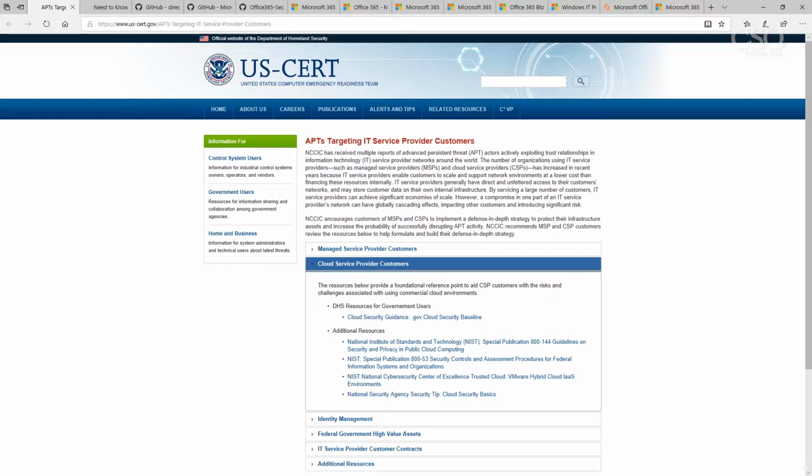First off, I always look at the US CERT site. Here's an example of a recent alert that they sent out regarding the threats to managed service providers. As managed service providers get into cloud offerings and Office 365, you manage the access for a lot of people under your control. Think about it. If you have multiple clients, all one has to do is attack you, and then the attackers get into all of your clients as well.